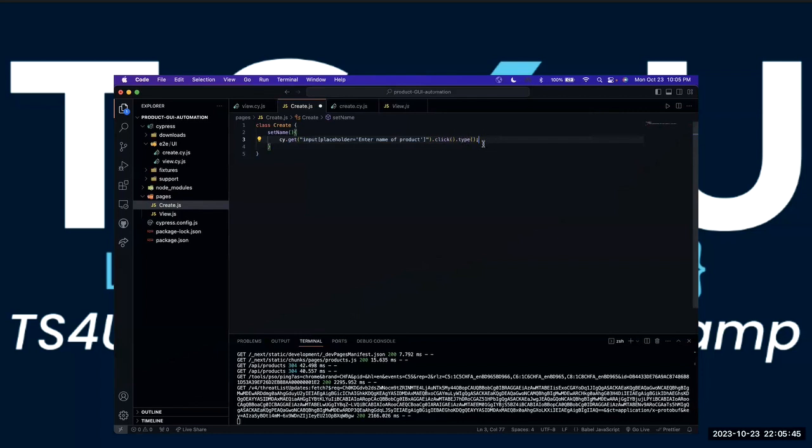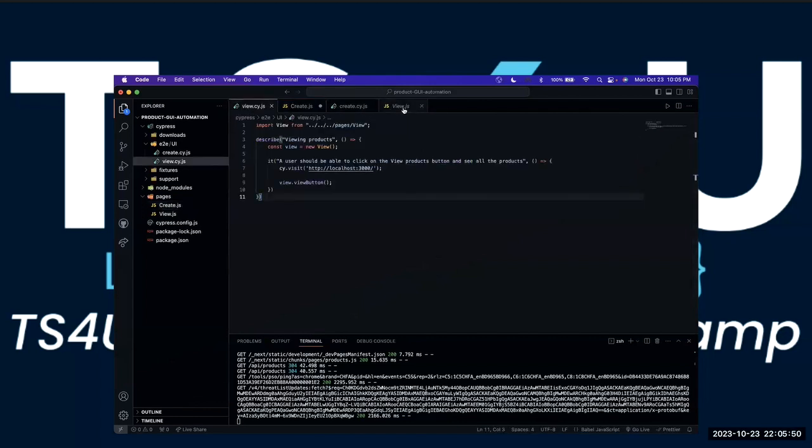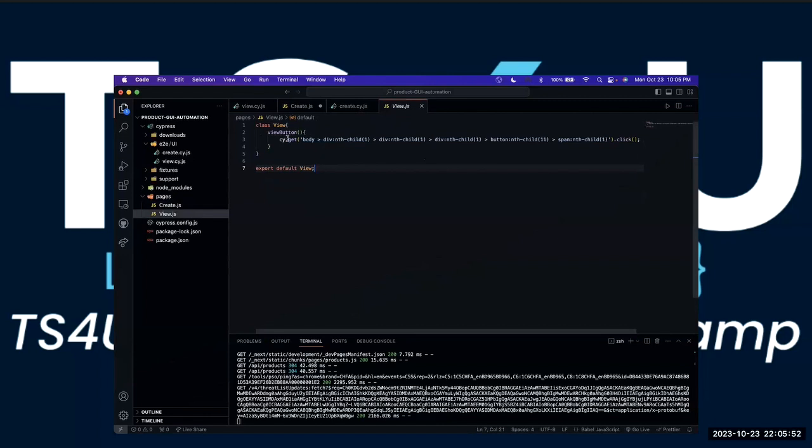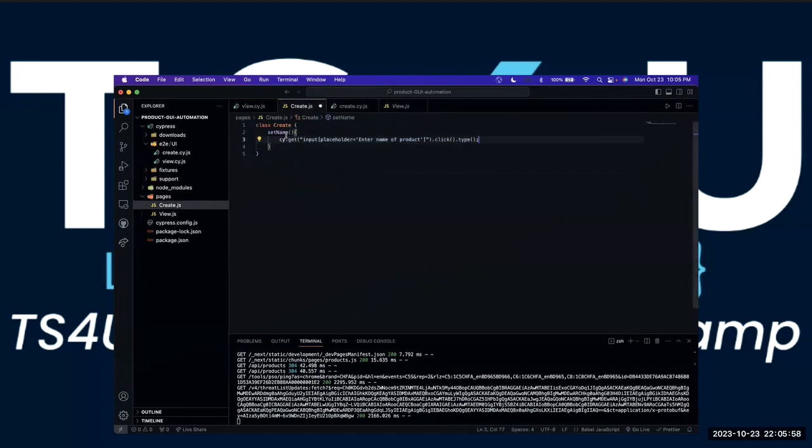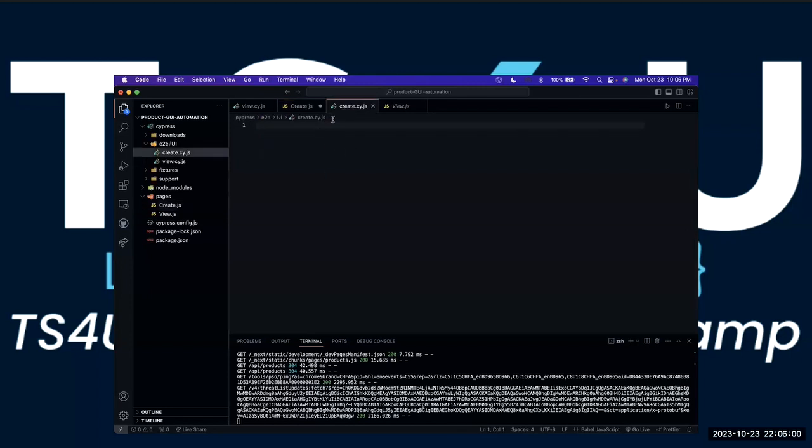One thing we can do is, similar to how we created the view methods and then imported them, we can do the same thing with set name. We're going to call the set name from the create.cy.js file, and then we can pass in whatever we want to type into the field as an argument. So right now we can just